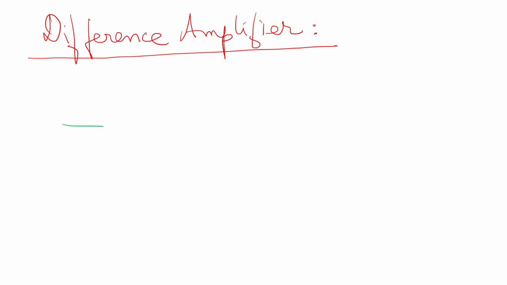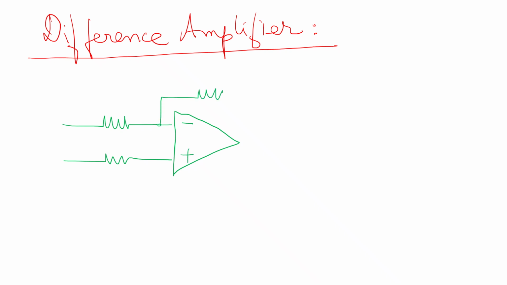I'll draw the circuit of a difference amplifier. This circuit will calculate the difference of the two input voltages fed at the inverting terminal and the non-inverting terminal, and it will amplify that difference. We have already discussed a differential amplifier using BJT in the previous video, isn't it? In the same manner,